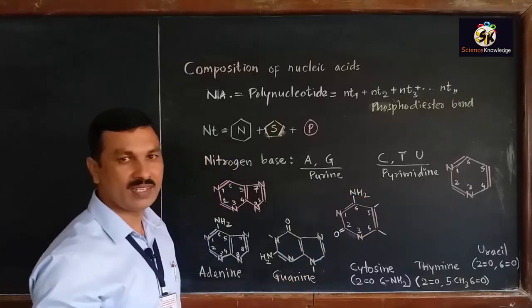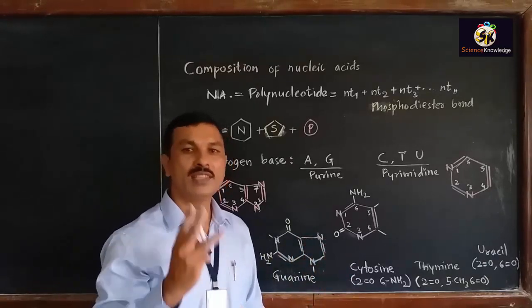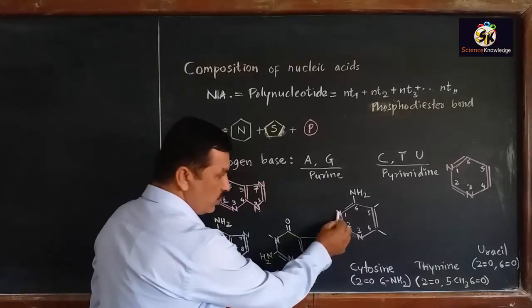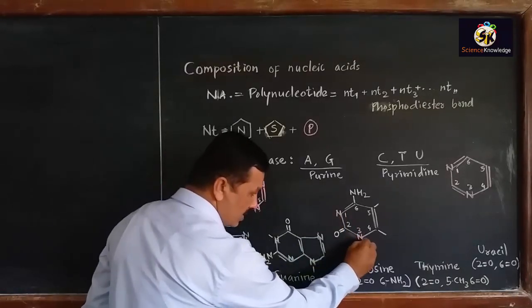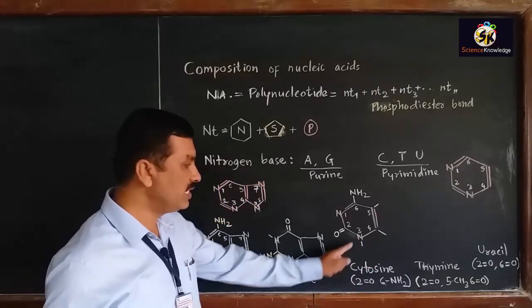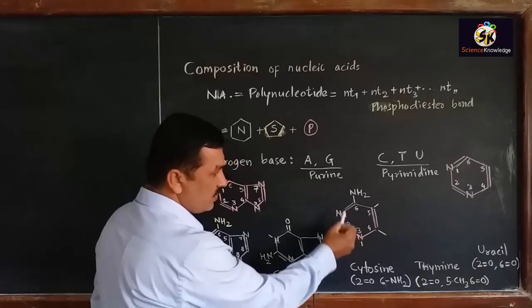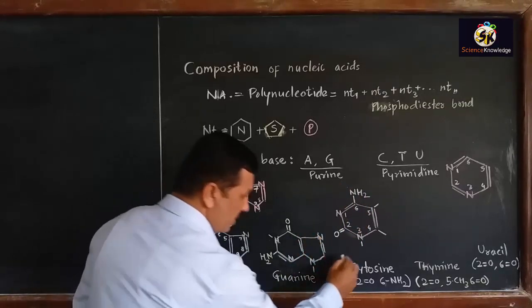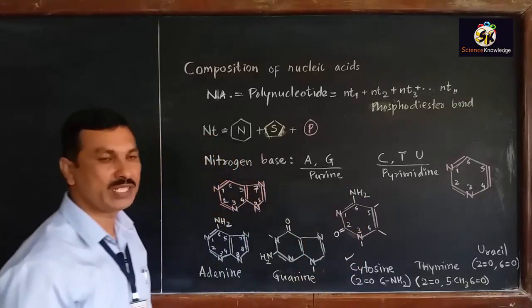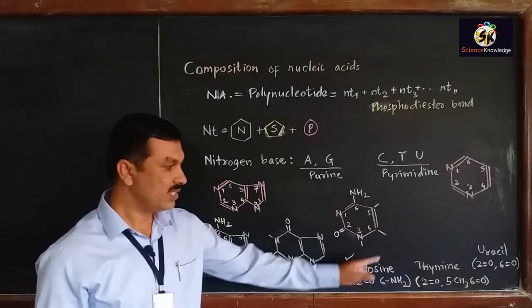Now check for nitrogen. How many bonds should be there with nitrogen? 3 bonds. It has 3 valency. So this nitrogen has 1, 2 bonds, so an additional hydrogen is added at position number 3. And then this last nitrogen has 2 hydrogens and 1 bond here, so 3 bonds are there. So this is now the perfect structure for cytosine. Now stop this video and try to draw the structures for thymine and uracil.